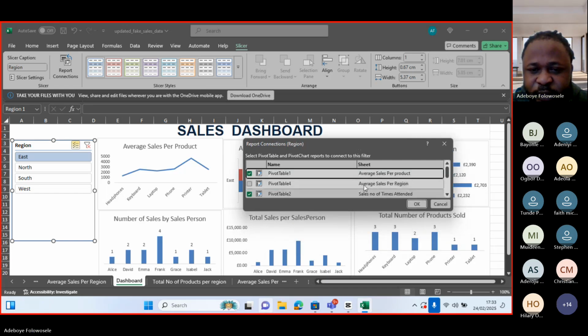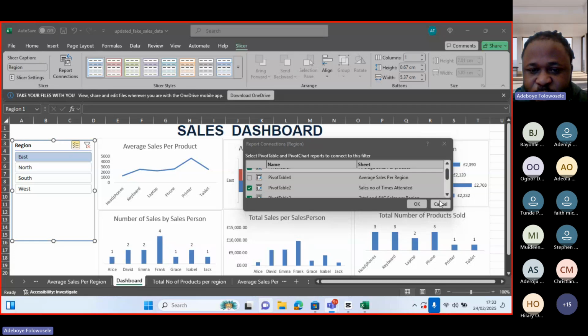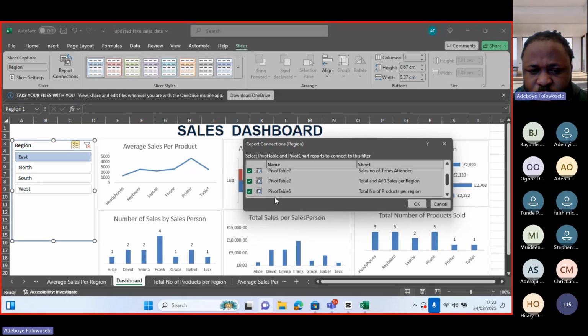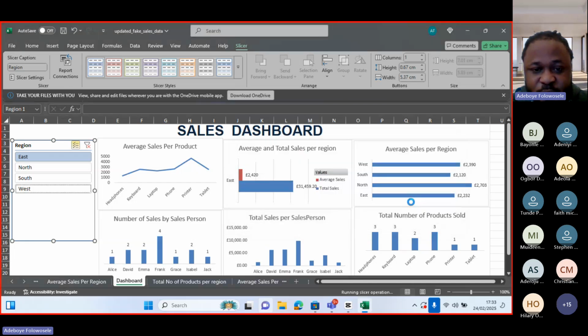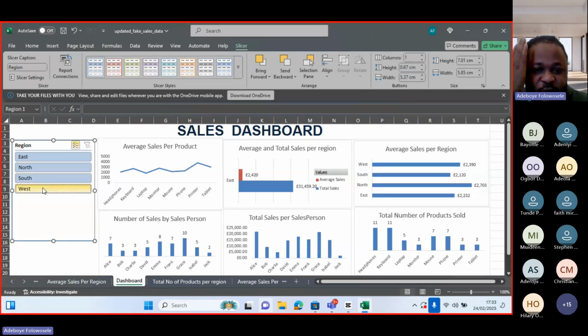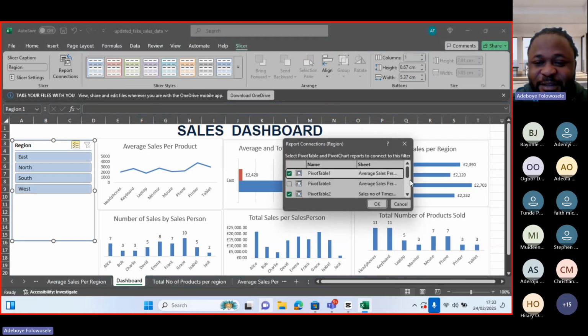So, average and total sales per region. I don't want it to communicate with it, so that's fine. You can see that it's not communicating with it, so that has left it to East alone, but that should not be. So let me say that it should communicate with it back,